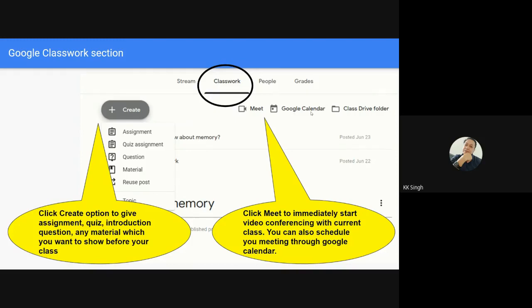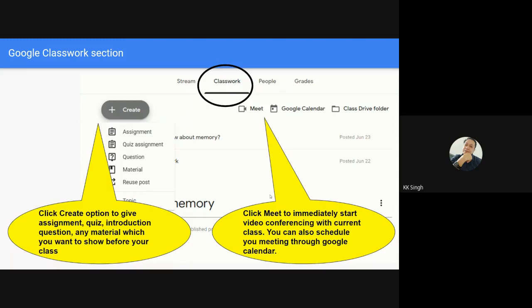Google Calendar we have already discussed. From this calendar you can create the event, and Meet is also linked with this event. So with the help of the calendar, you can go to Meet, or a student can join your Meet session from here also.